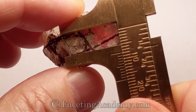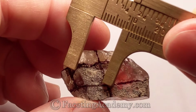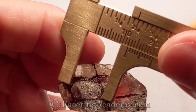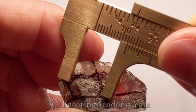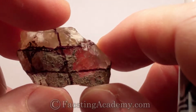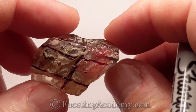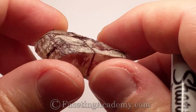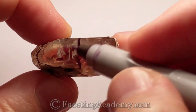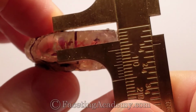What is this, a 9 wide? Pretty close to 9 wide. If we did an oval, could do a 12 by 9, somewhere in that neighborhood. That's the length to width we're going to be looking for in designs, if we start selecting designs for that. And we can start to get an idea about what's our weight yield going to be. What's a 9 by 12? We got plenty of depth here, although we need to stop in this color. So we're really limited to